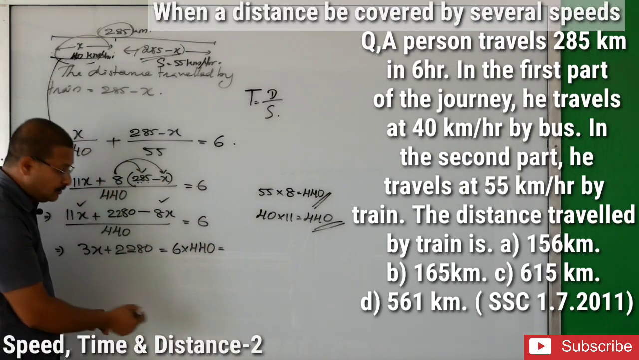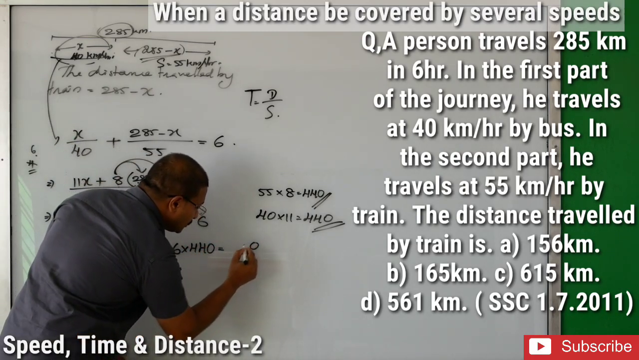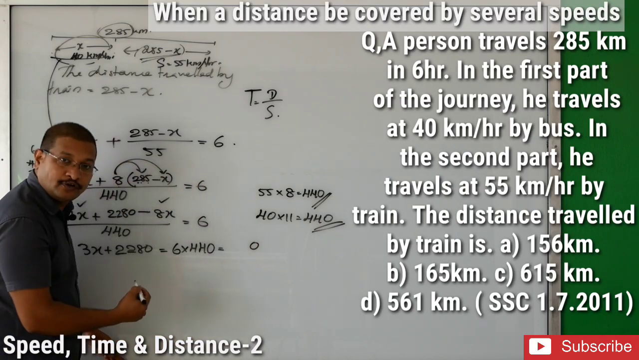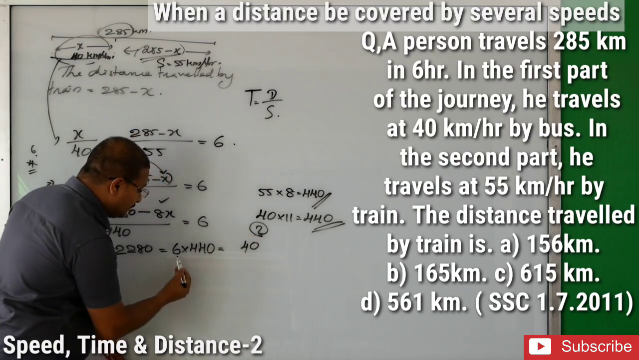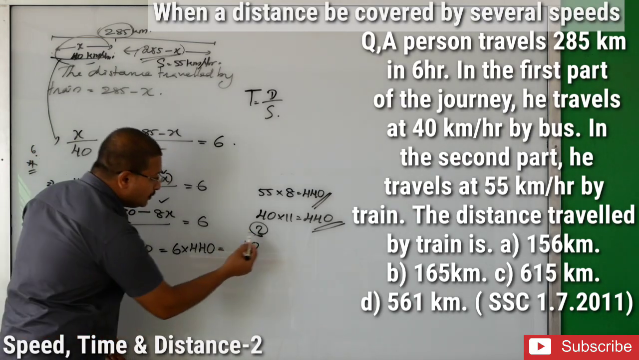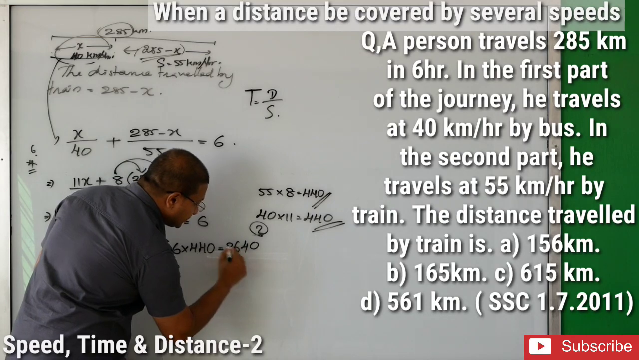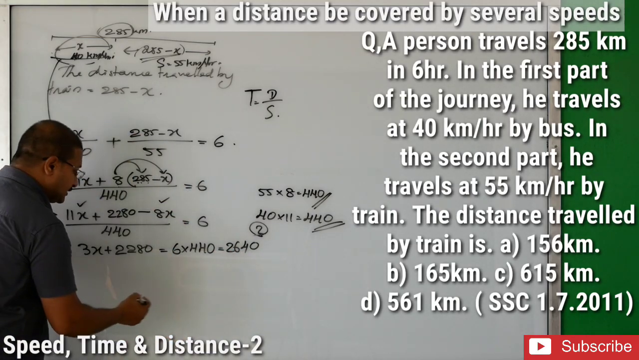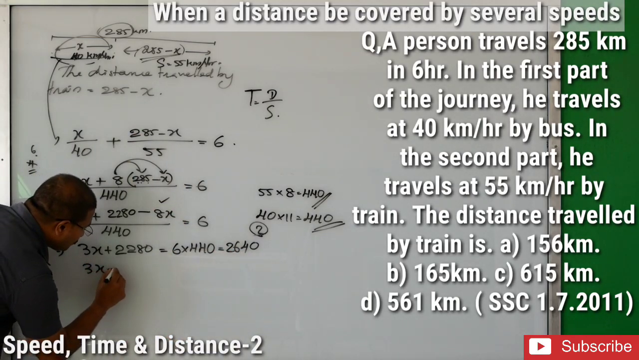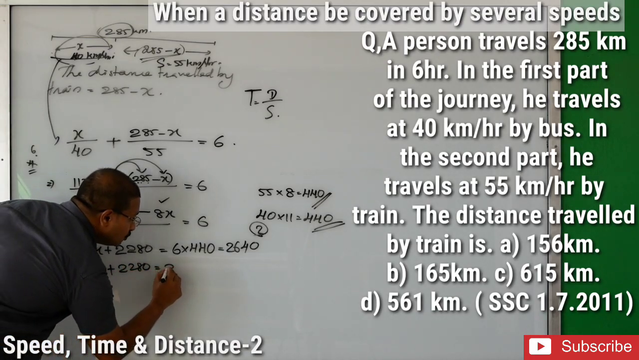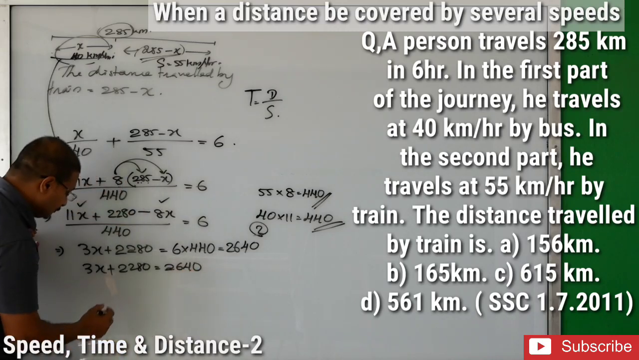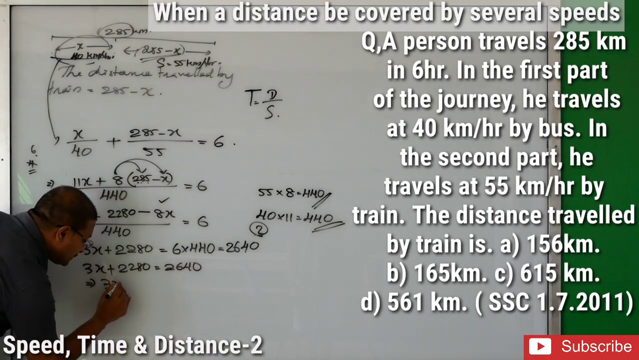Now we will multiply 0 into 6, 0. After that 6 4s are 24, 2 in hand. Ready? After that 6 4s are 24 plus 2, 26. Okay. Now next step. That means you got it now. 3x plus 2280 equals 2640. Now this implies 3x equals